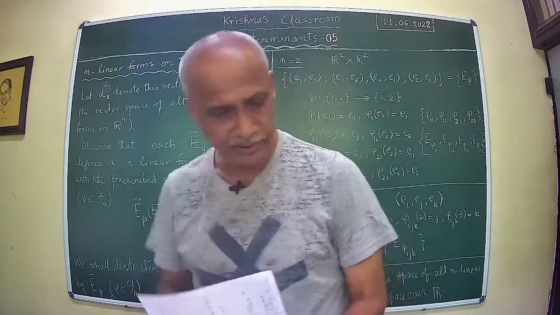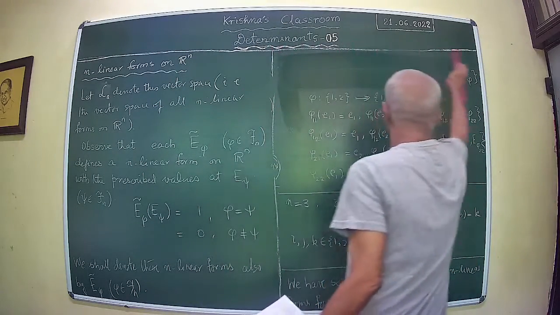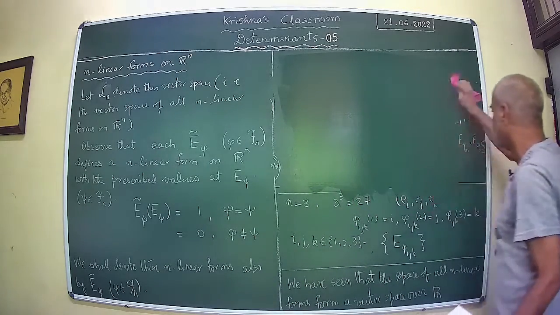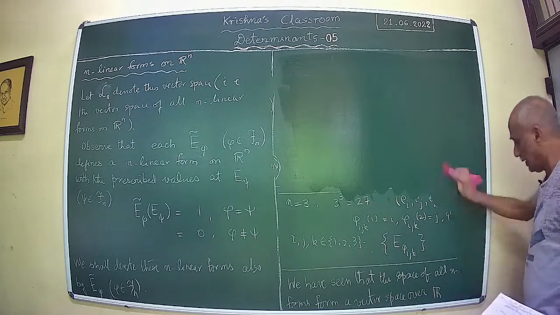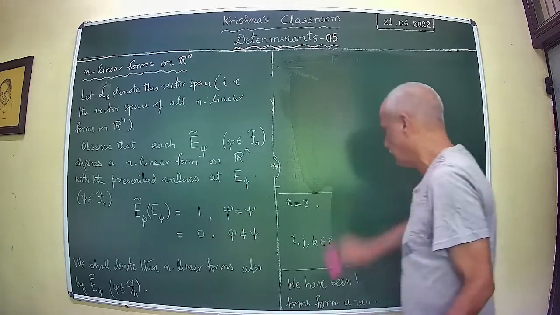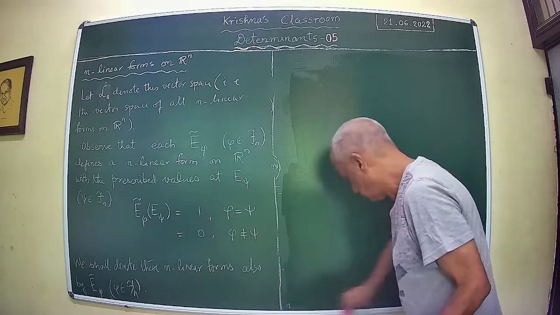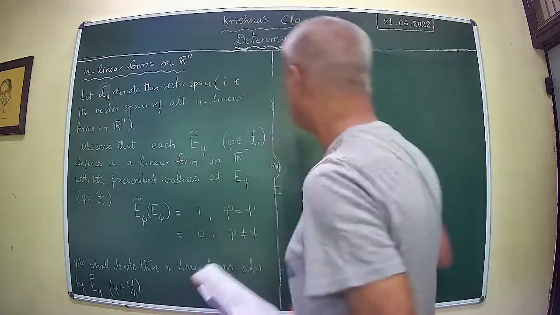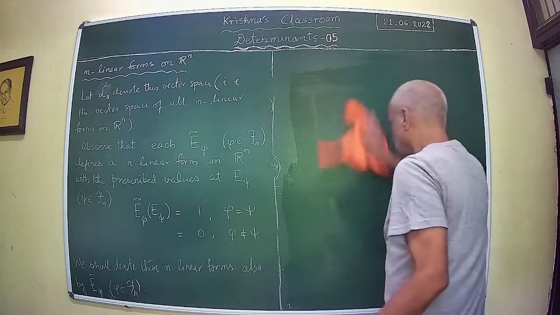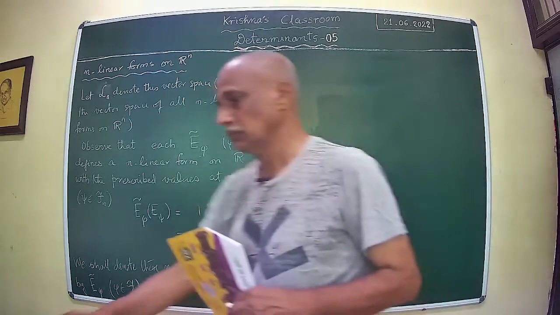So we have the following, namely, we have now n to the power n n-linear forms defined on Rn. Thus we have